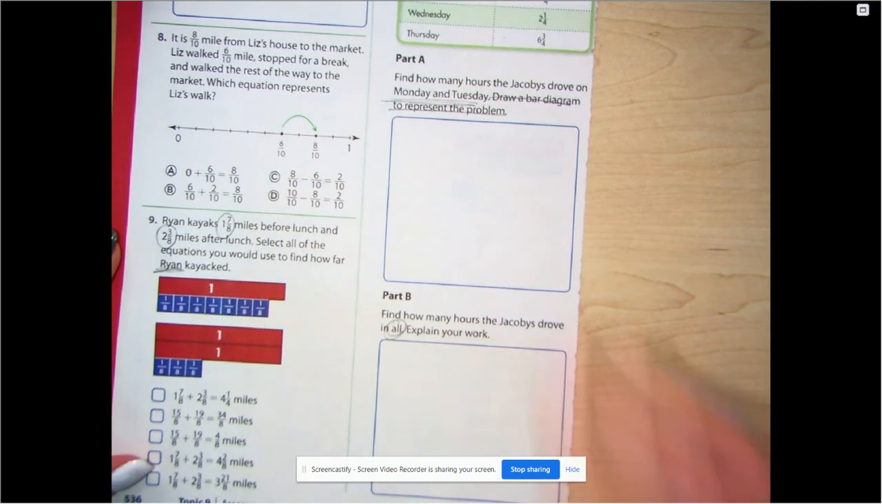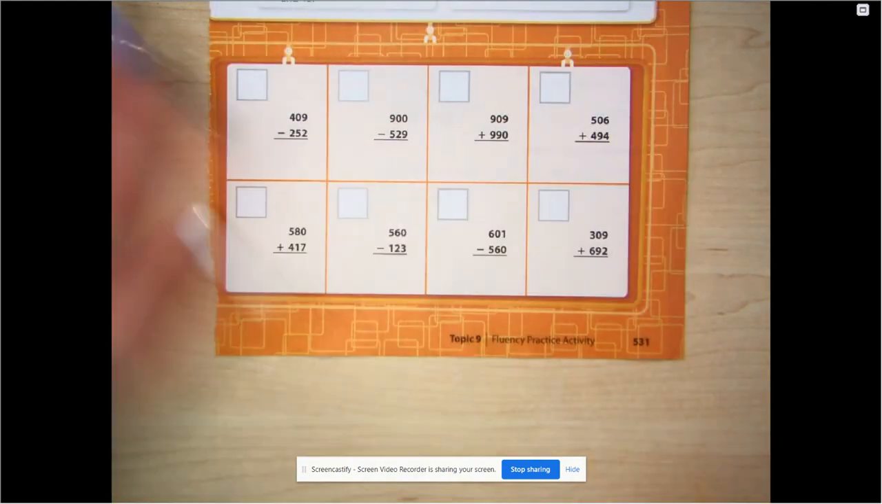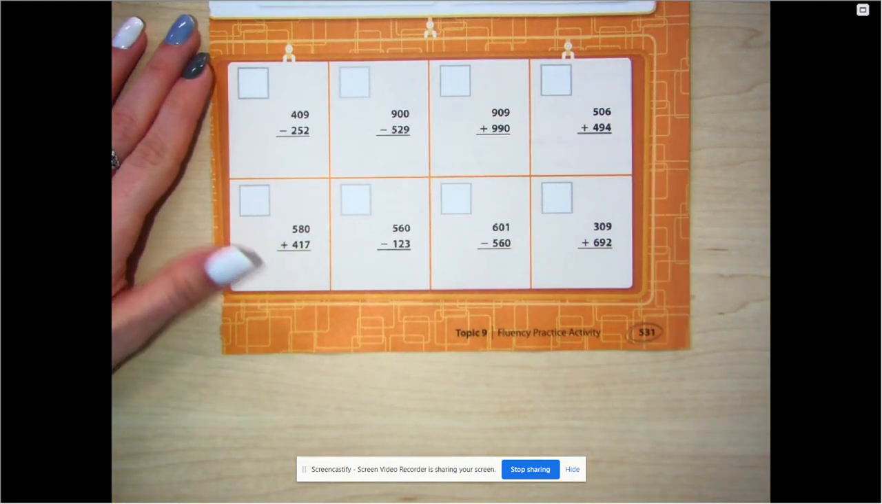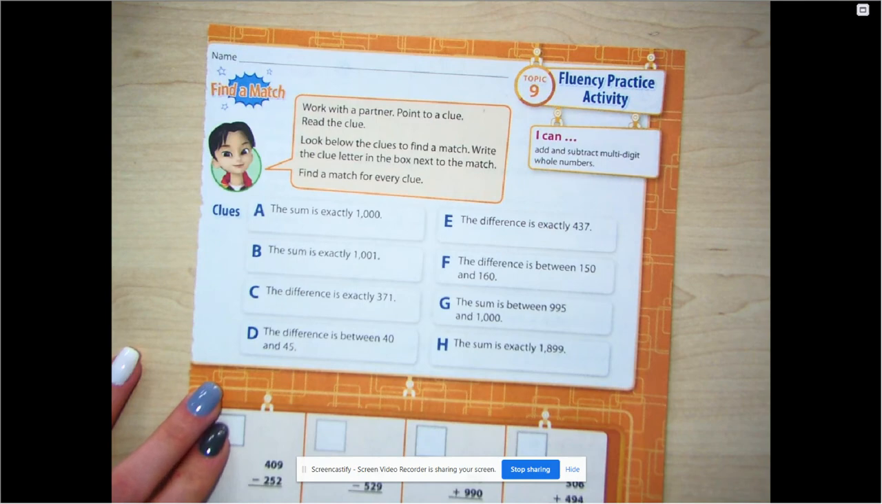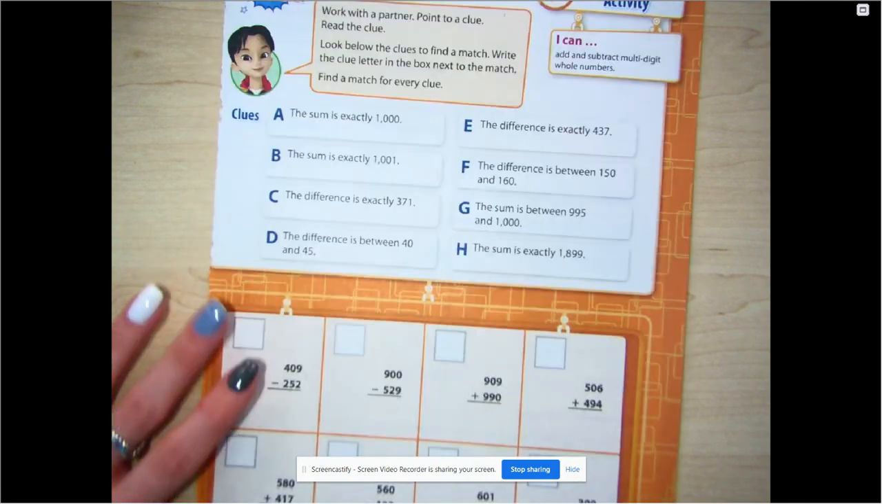All right, finish the backside. When you are done with the backside, just leave this paper at your desk. And then I would like you to work on page 531 in your workbook. It's a fluency practice activity. All right, on your mark, get set,